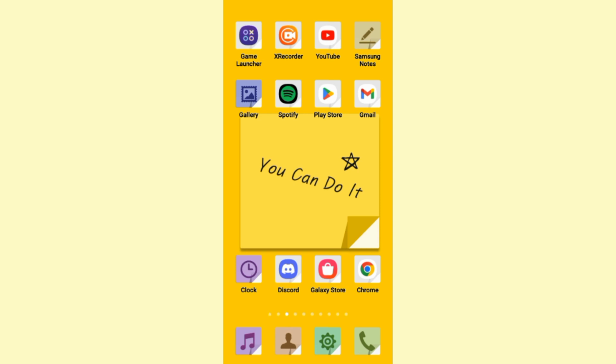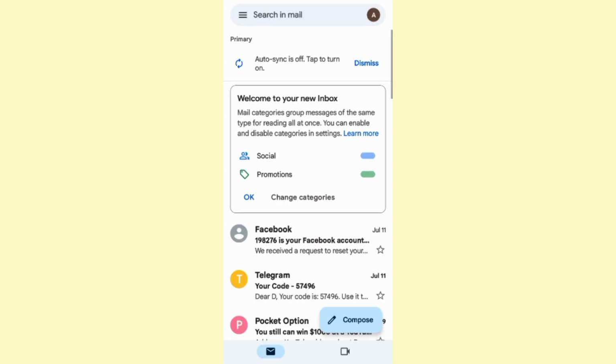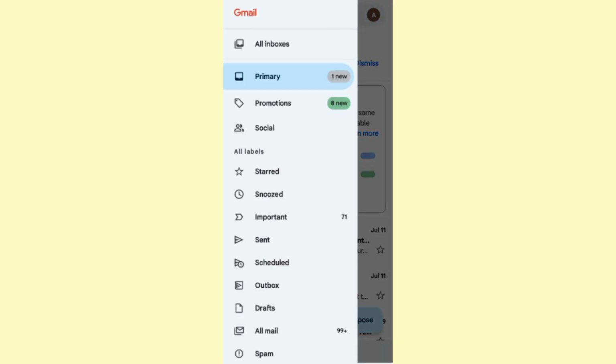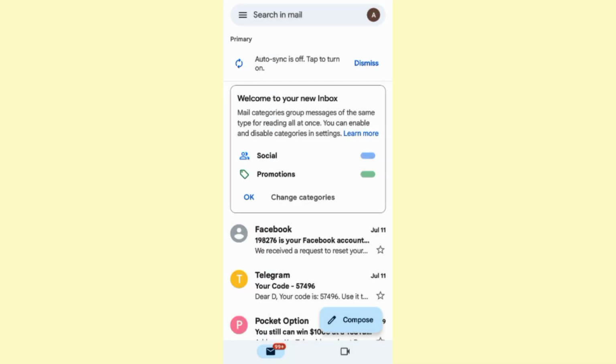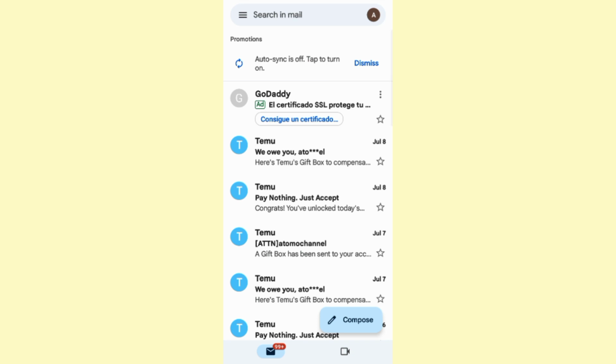So the process is very easy and simple. Just go ahead and open up your Gmail. And once you do that, click on the three lines at the top left corner. From there, click on promotions. You will get to this section right here, in which you will be able to delete all of the promotions